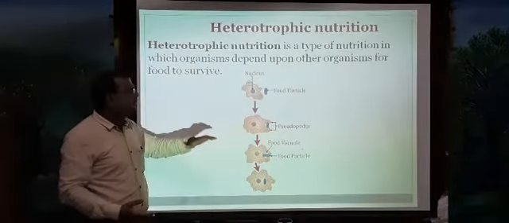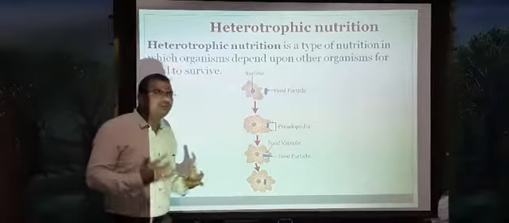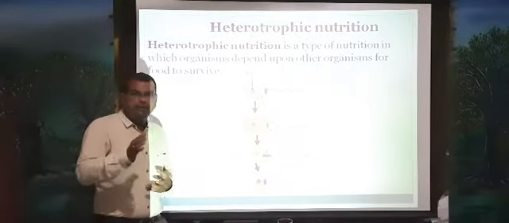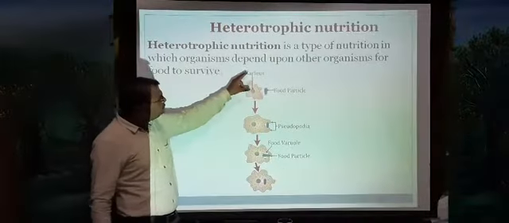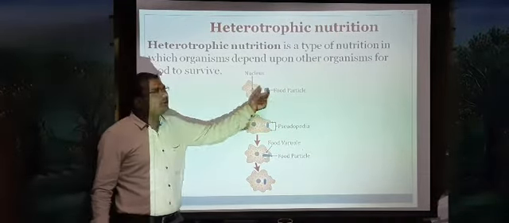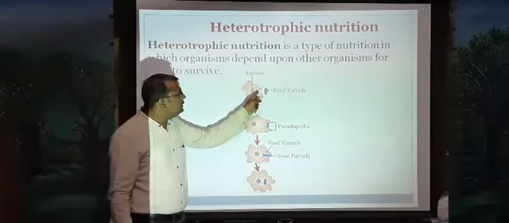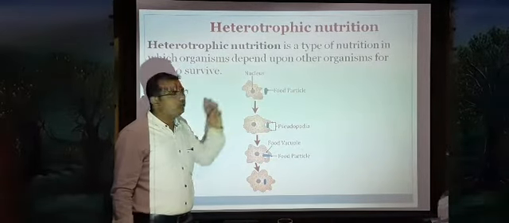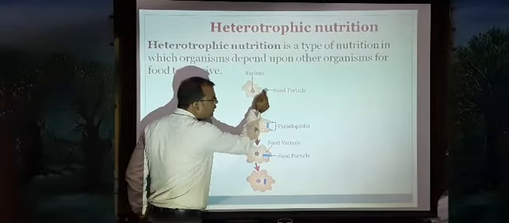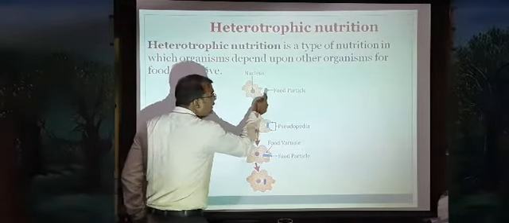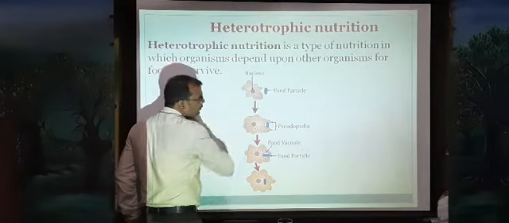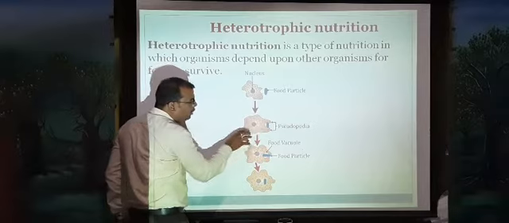One more example of how they get food. In amoeba, let us see how amoeba gets the food. Amoeba is also an example of heterotrophic nutrition. Here this is the nucleus. The amoeba gets the food from its surroundings through a structure called pseudopodia. Through pseudopodia, the food enters. This blue one is a food particle, which enters into the amoeba's body through the pseudopodia.